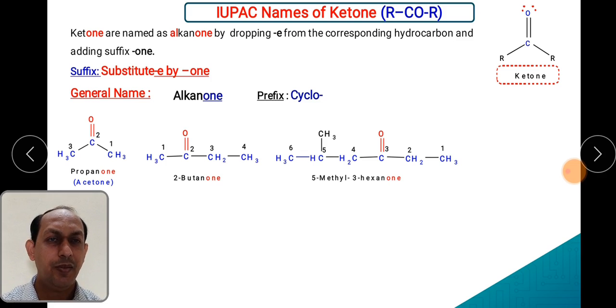Then this is a very long structure, but don't get afraid. Try to find out simplest longest continuous chain. Longest continuous chain is total molecule. Okay, नंबरिंग कहाँ से करनी है, कार्बोनिल कार्बन को कम से कम नंबर आना चाहिए. So numbering must be from राइट टू लेफ्ट. ओके, so 5 मिथाइल. यहाँ पे देखो अगर मिथाइल को 5 नंबर आता है, यहाँ से अगर करते तो हम लोग यहाँ पे 2